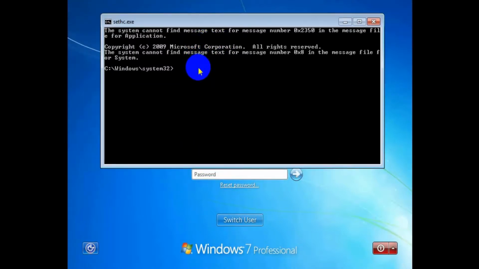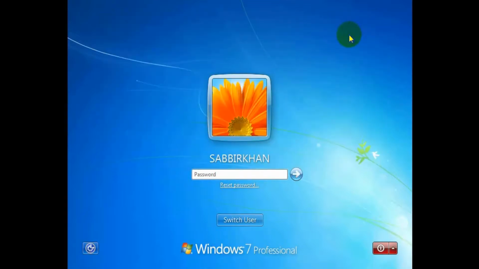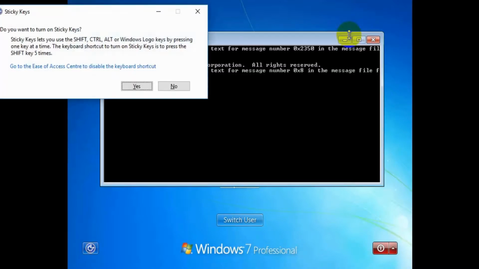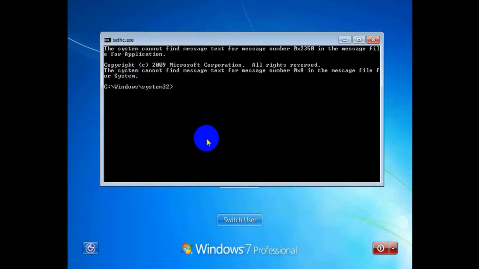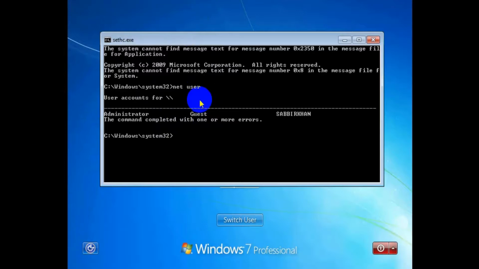Okay, now type. I'm again showing you how to get CMD with 5 presses. If you press the Shift key 5 times, you will see this CMD. Now type the command net space user. My active user is Sabir Khan,